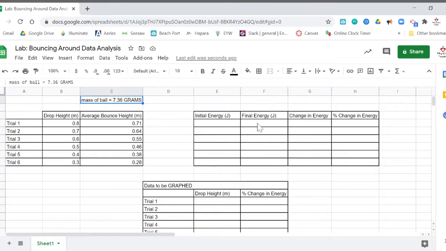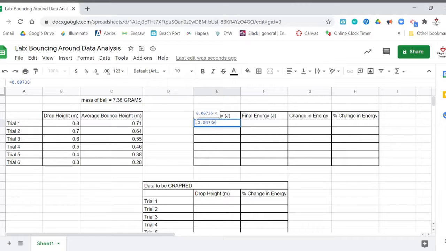So calculating our initial energy, our final energy, our difference in energy, our percent change in energy. And so we're just going to have Google Sheets be a giant calculator for us. So we're going to go ahead and select this first cell right here, and we're going to start typing in what we want it to calculate. So I want it to equal the mass of my ball, so